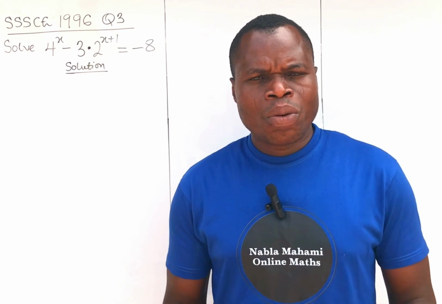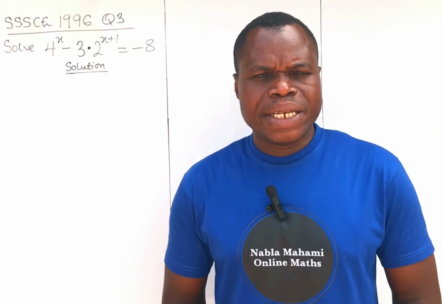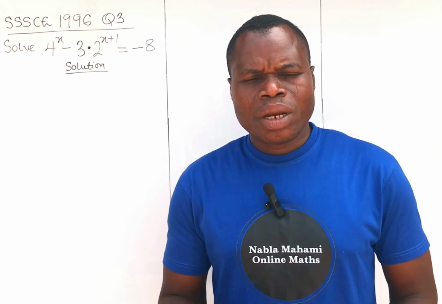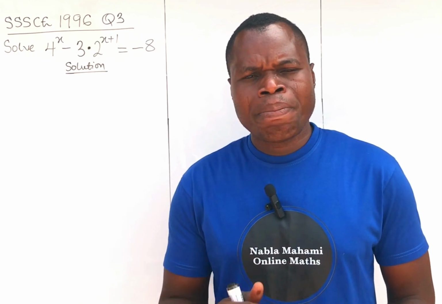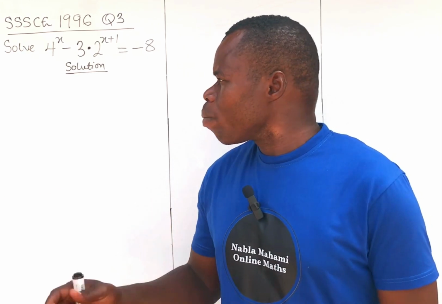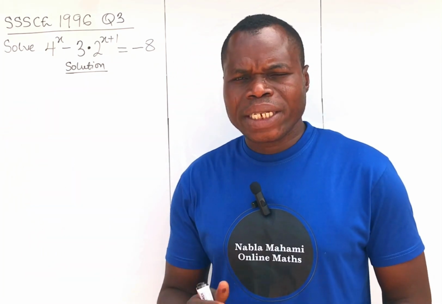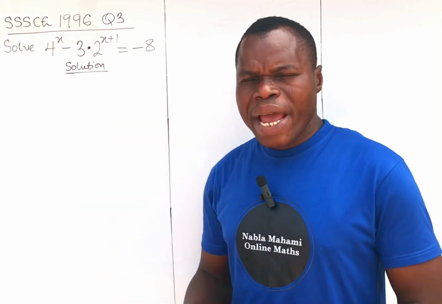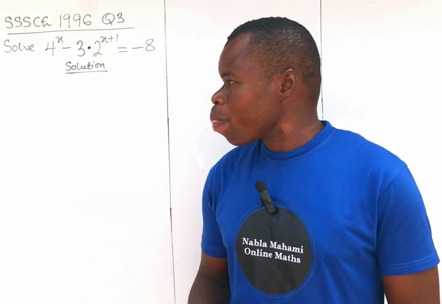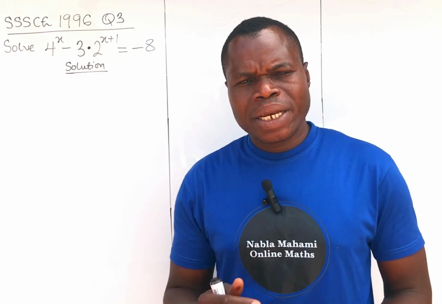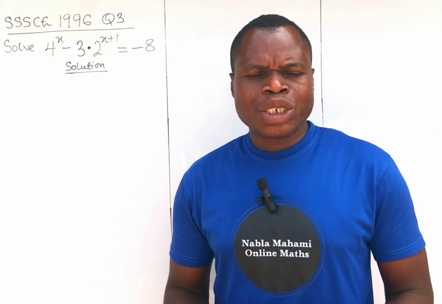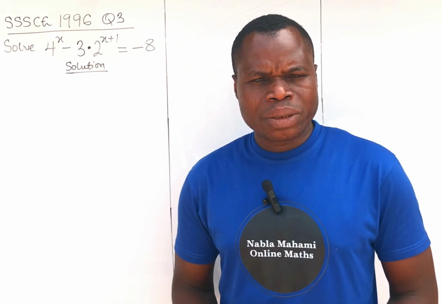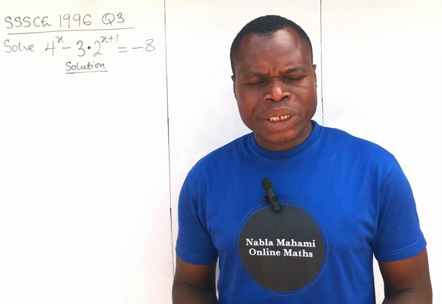In this video, we are going to solve SSSCE 1996 Theory Question 3, and this was elective mathematics paper. And the question is, solve for 4 exponent x minus 3 dot 2 exponent x plus 1 is equal to minus 8. And this question is what we call exponential equation or indicial equation, meaning the question was set from the